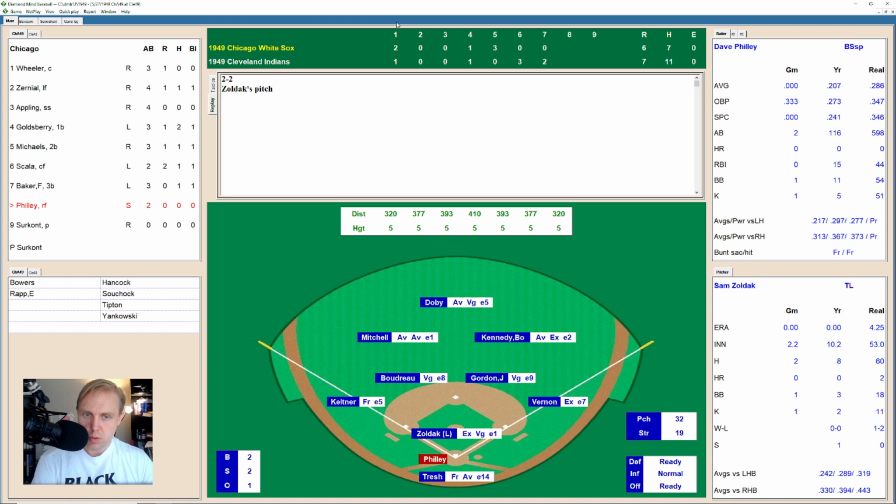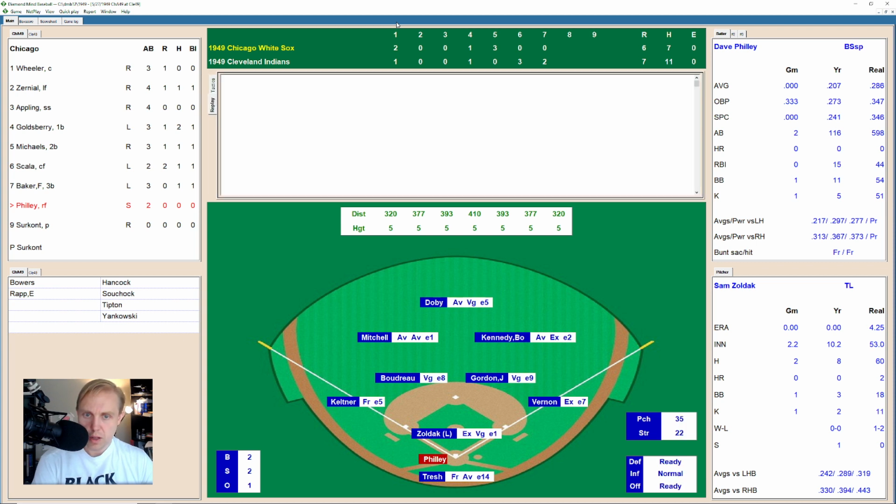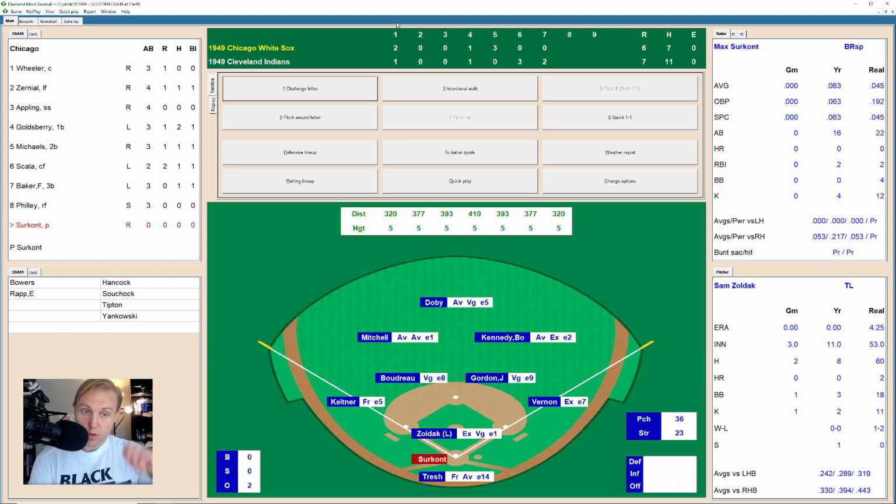There's another foul ball, 2-2. Popped up behind the plate, out of play. 2-2 pitch to Philly again. It's fouled away, still 2-2. Foul back, 2-2. Ground ball, it's going to be Zoldak who has it, throws to first for the out, 2